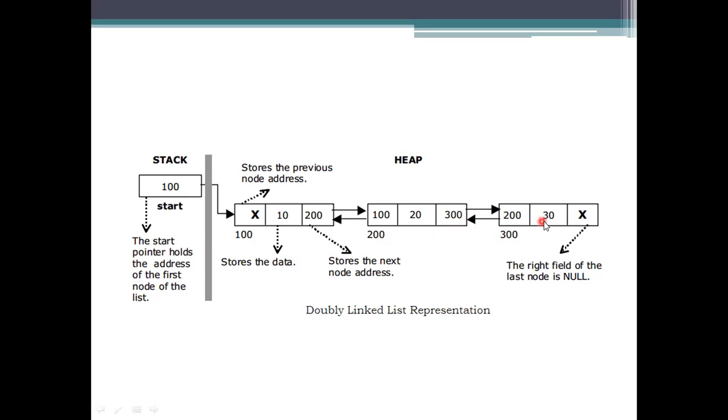And for the 30, the predecessor, that is 200, will be stored. No other link has been considered, that is the last one, meaning no other list is there. It will stop here only, and it should be considered as a null. Whenever the right side is a null, the list ends here, and you need not process further.